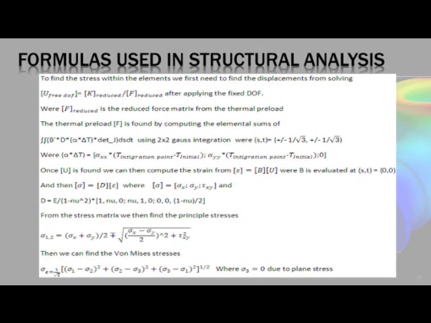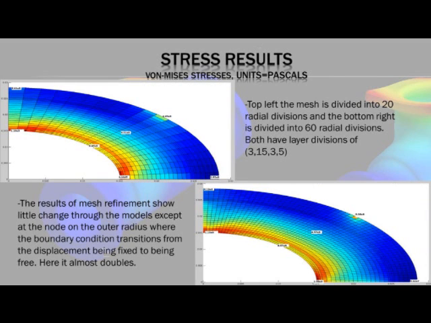Once the displacements within the element are found, we can then compute the strain from multiplying B times U, where B is evaluated at S and T equals 0. After that, we can then calculate the stress within the element by multiplying D times the strain. From there, we then can compute the principal stresses, and then finally we compute the von Mises stresses from the principal stresses. Here we compare the stress distribution between 2 meshes, one with 20 radial divisions and one with 60